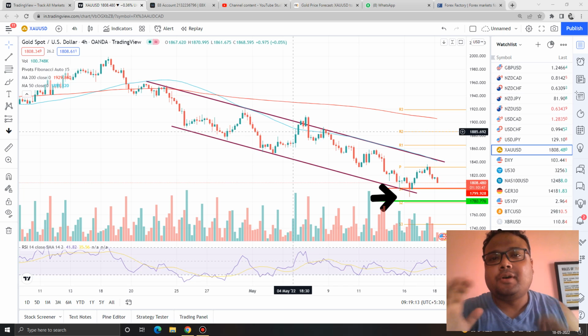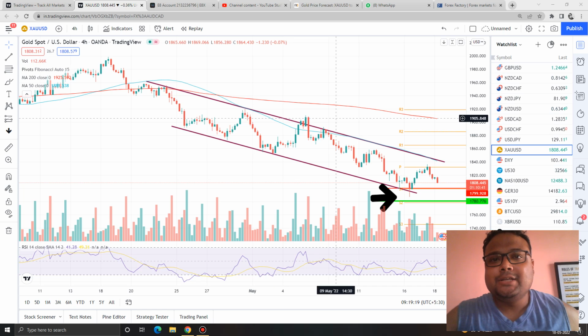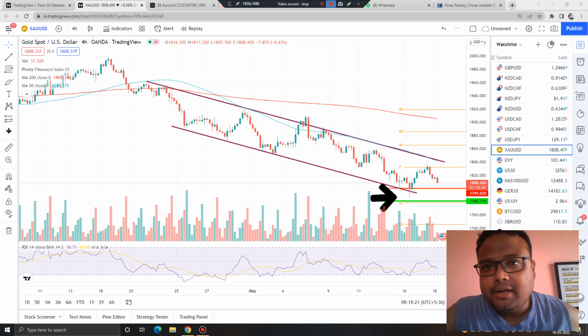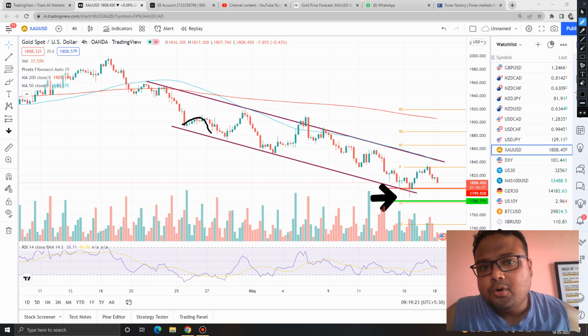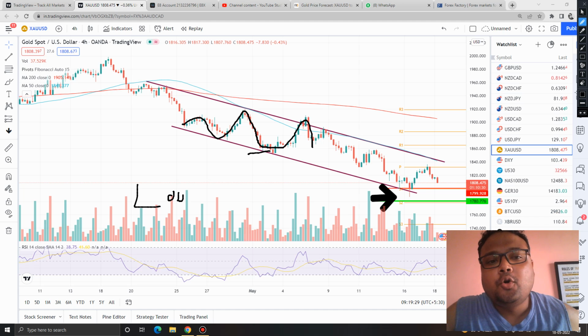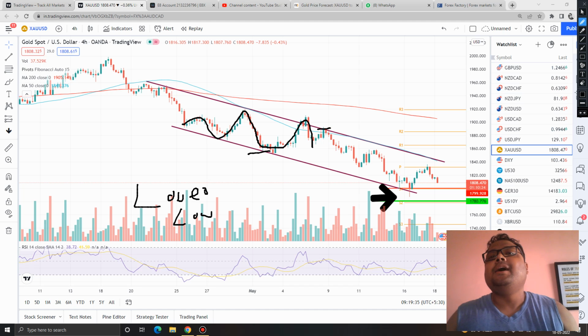First of all, as we have already discussed, the market is in a downtrend, as we can clearly see that the trend of gold is towards the downside. Gold is constantly forming new lows, which we also call lower lows in the market, unable to cross the previous highs, which signifies the dominance of sellers in the market.